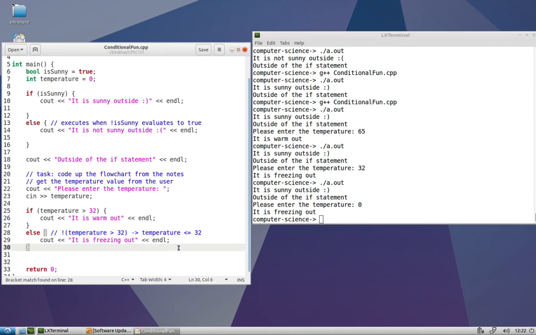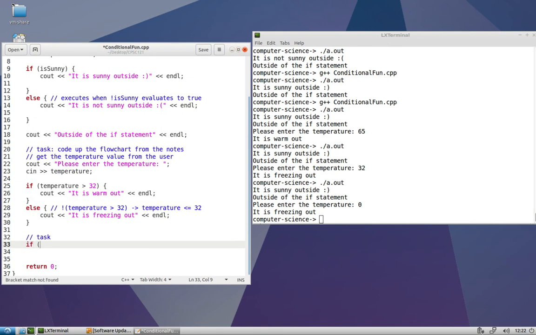Now, to wrap up our video, I'll give you one last task. Let's say we have an if statement where the Boolean condition is temperature is greater than 32 and is sunny is equal to false. So your task is going to be add an else with a one-line comment that shows